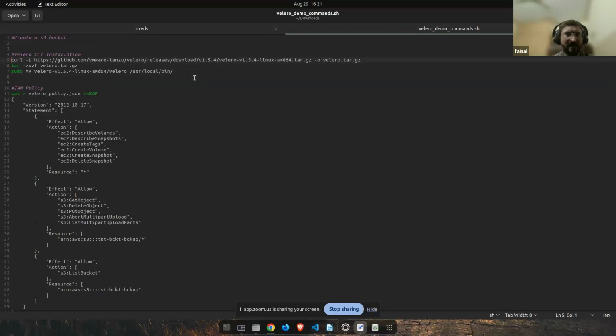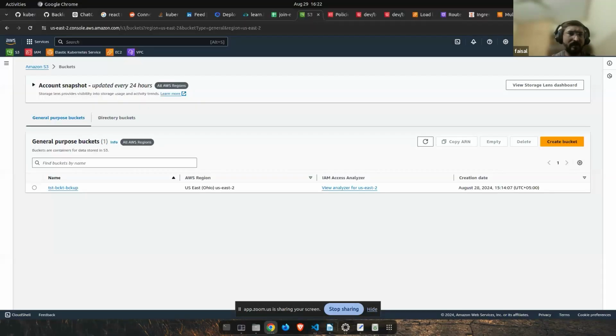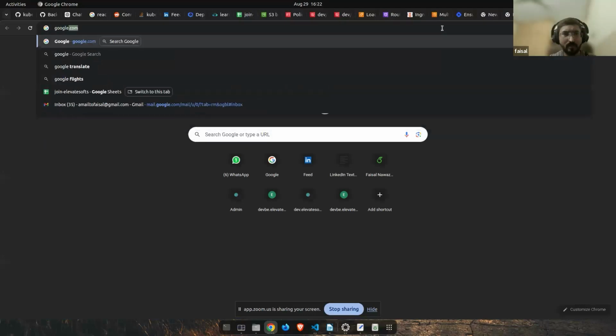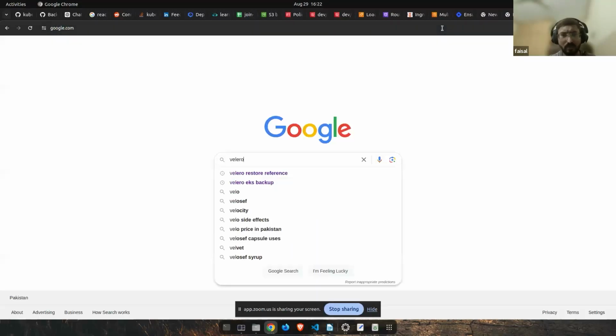So the first thing you have to do is install the Velero CLI. Velero is an open source tool. So just go to their documentation, and you can find a lot of ways to install Velero. Let me just share the docs as well. I'm using Ubuntu,